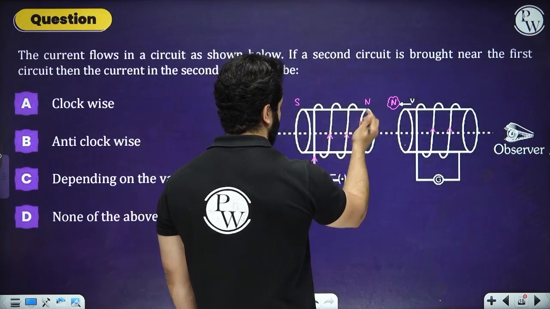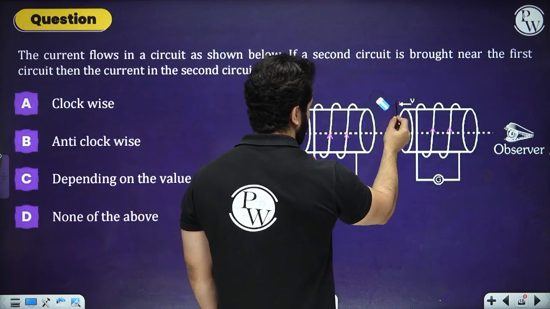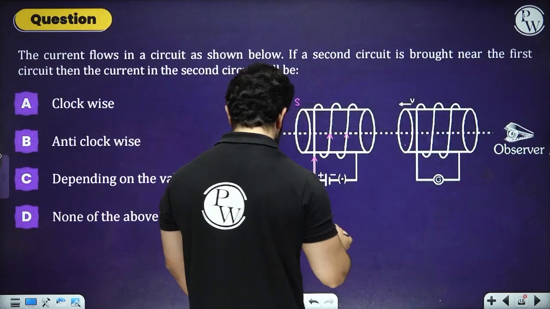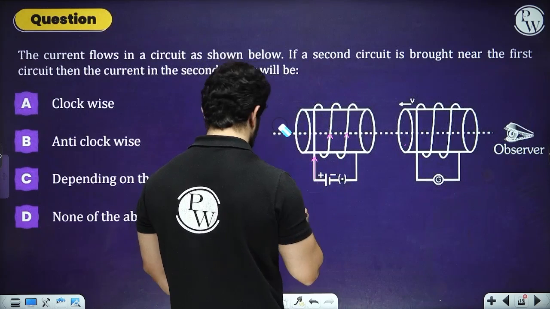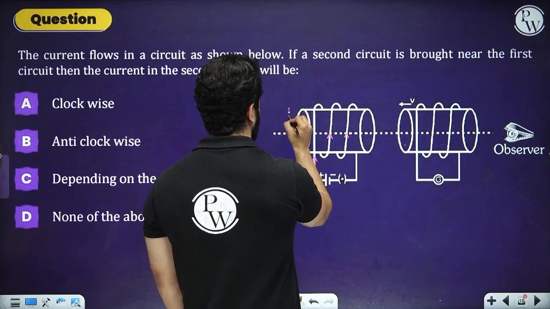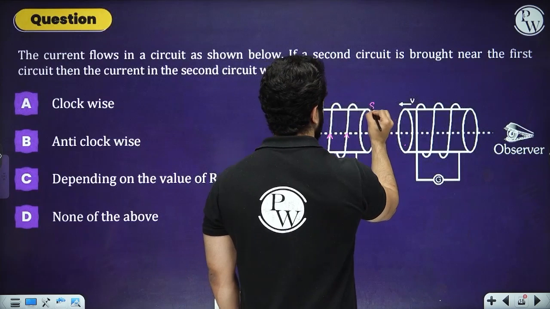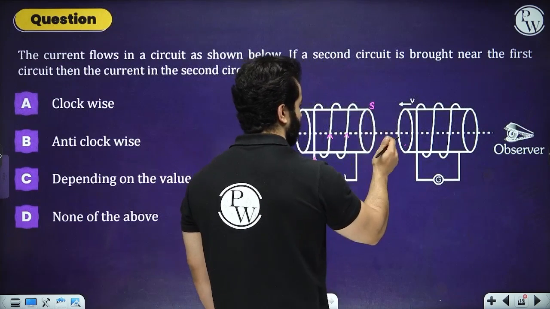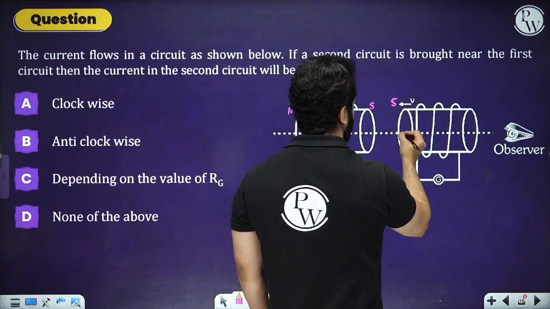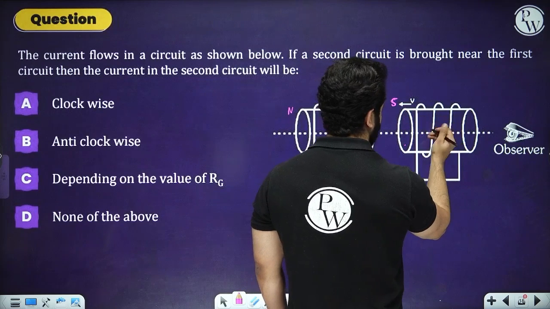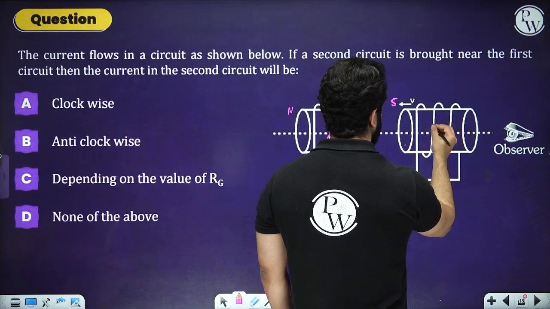This is going to be actually south pole. So this is also going to be south pole, isn't it? This one is north pole. So this one is going to be south pole, right? So if this one is going to be south pole, this should also be south pole, so that they can repel. And for that, the induced current should be something like this,